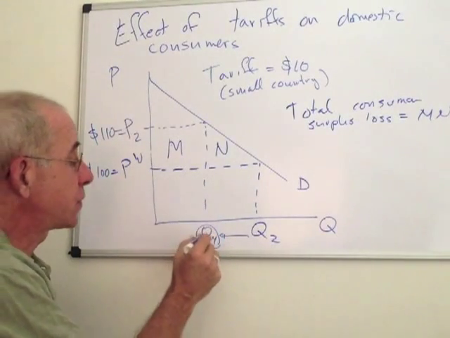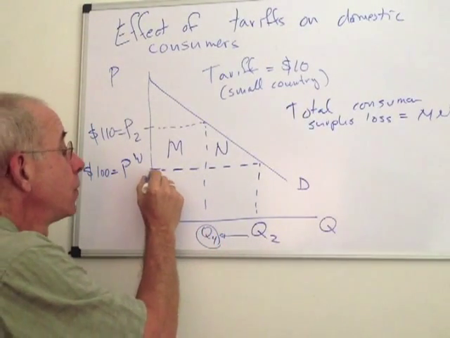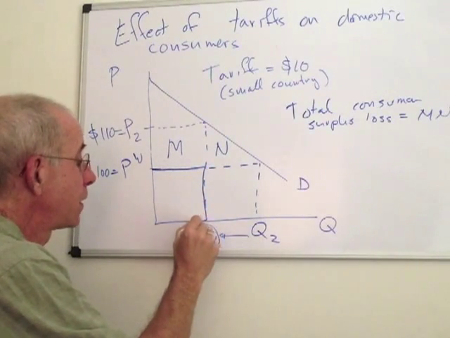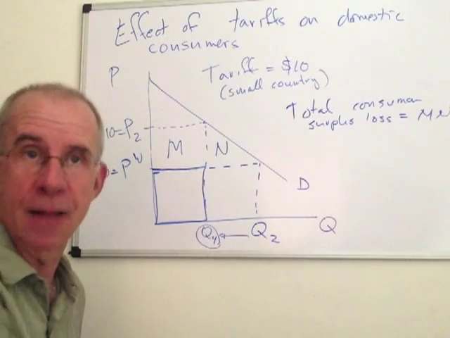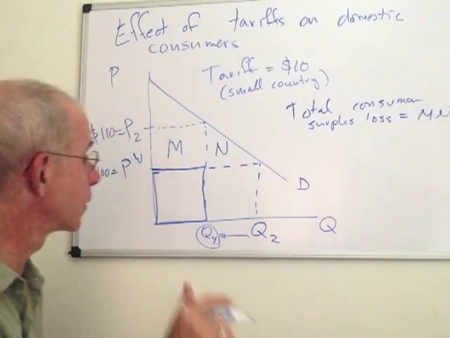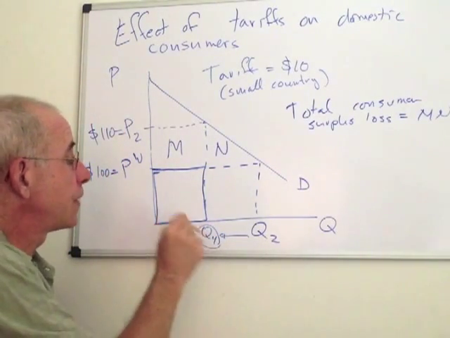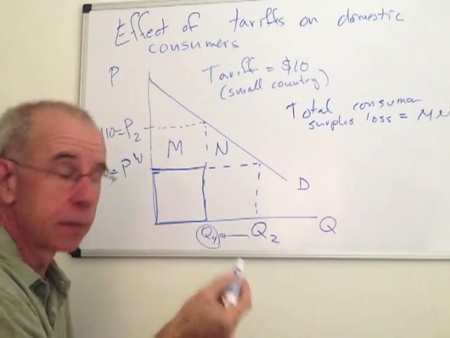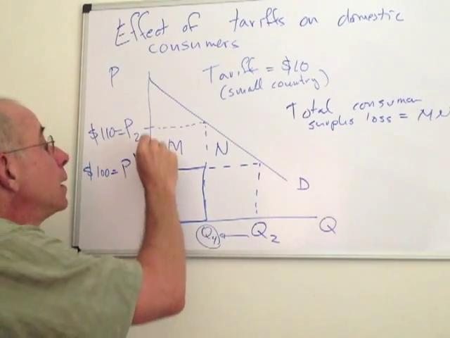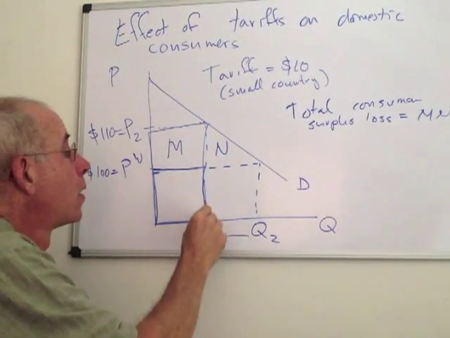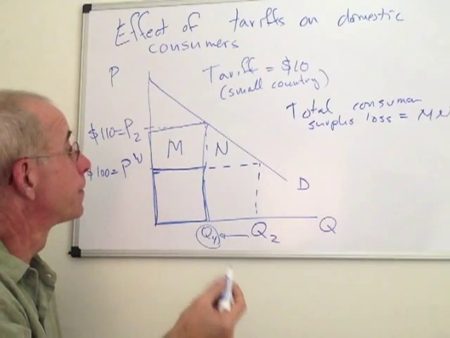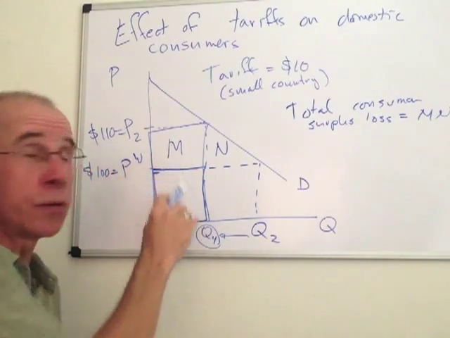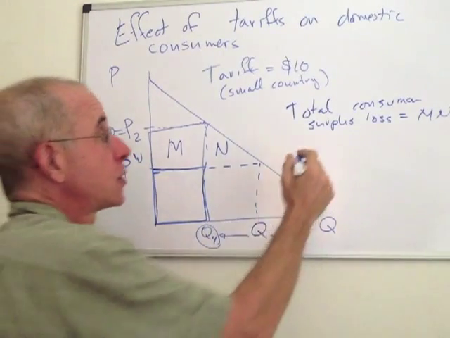So what these consumers paid under free trade was this box here, price times quantity. Now, there were other consumers beyond that, but let's focus on these particular consumers. So this is how much they paid beforehand. They now pay